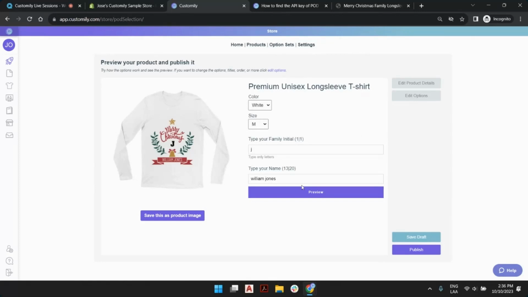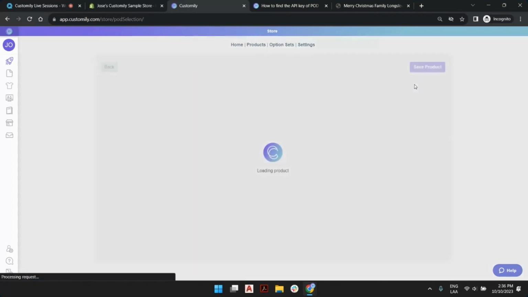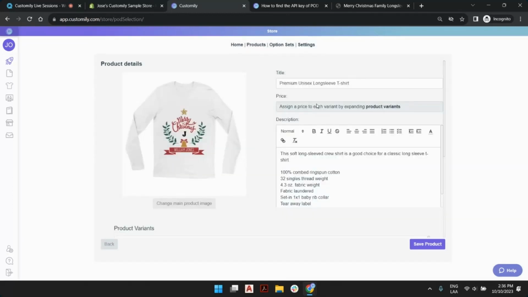Also, in this instance, you can change the options again. If you repented and you want to change the order of the initial or the name or whatever, you can also edit the options again. But more important, you can edit the product details in Shopify. This is just saving you some time, but at least you can go straight to publishing without having to do much else. I'm going to call this the